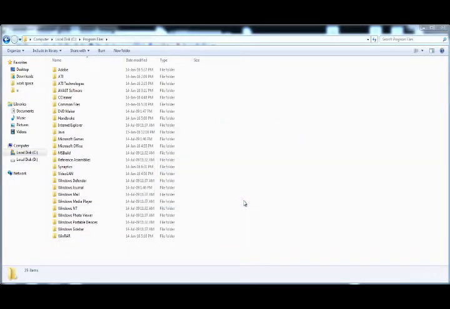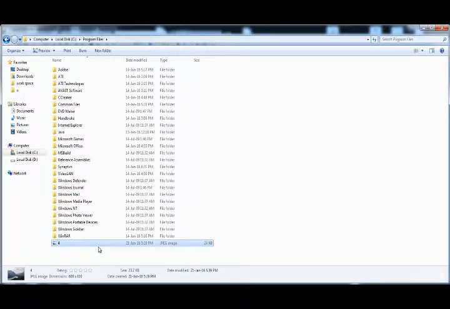Here is the image. It is now in Program Files in the C directory, and my HTML5 file is in the local disk D. Now what we need to do is click on this bar and copy the complete address of the image. Here I have copied this,